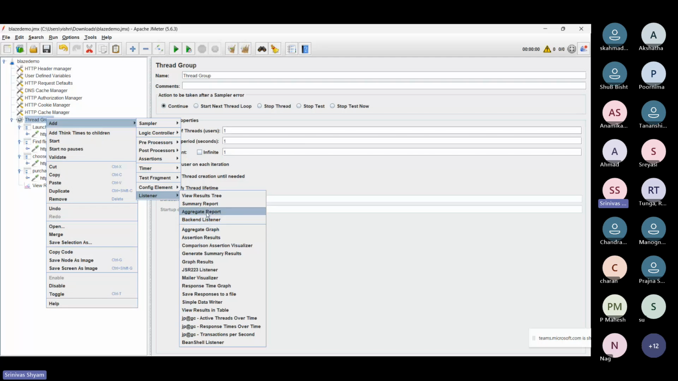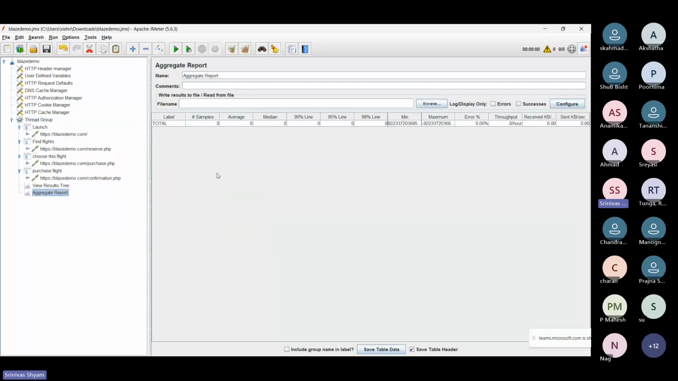Rather than summary report, I will add aggregate report, okay? Because in that, this 90th percentile will also come into picture, not only average. I'll explain what is 90th percentile, and what's the difference between 90th percentile and an average when we go to this reporting. It's a very, very important thing to know. What's the difference between 90th percentile and average, and when we should use 90th percentile and when we should not use